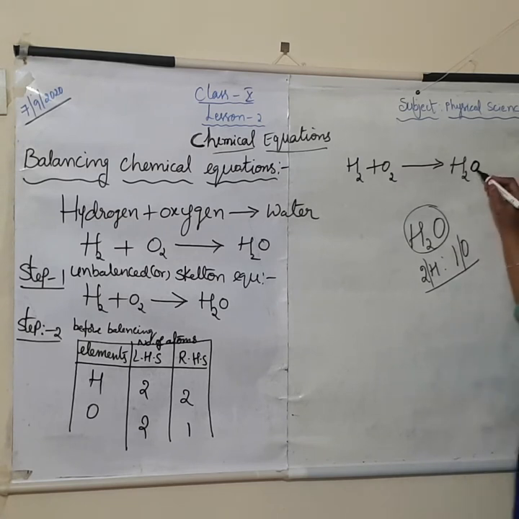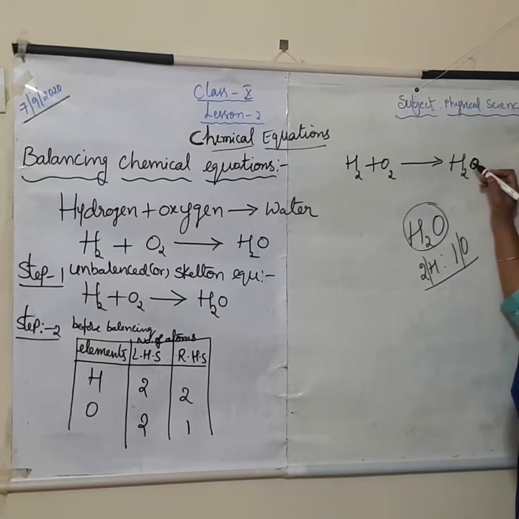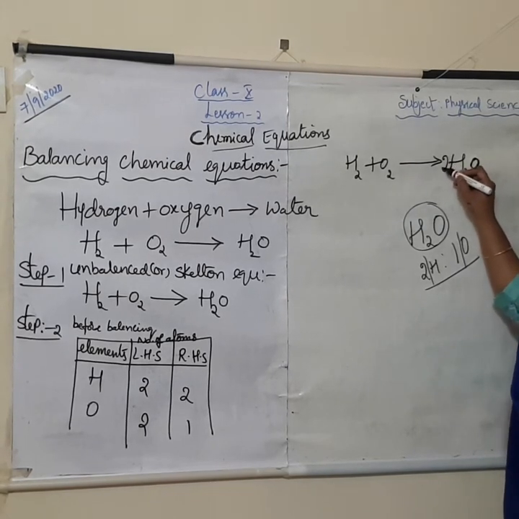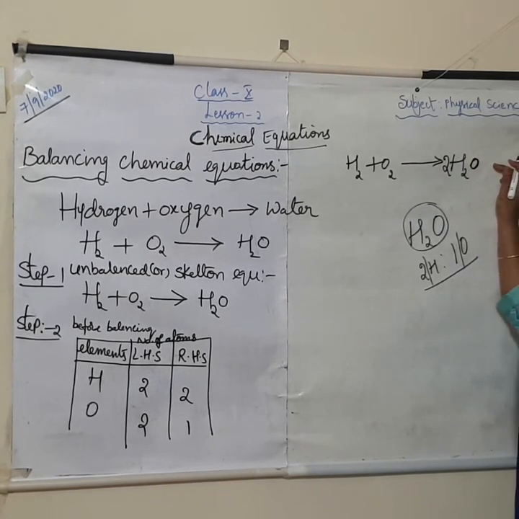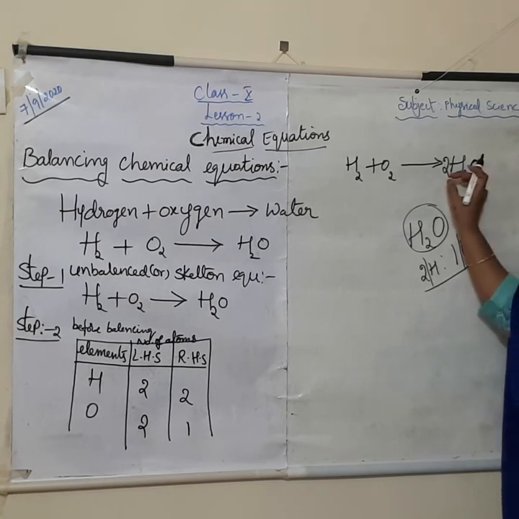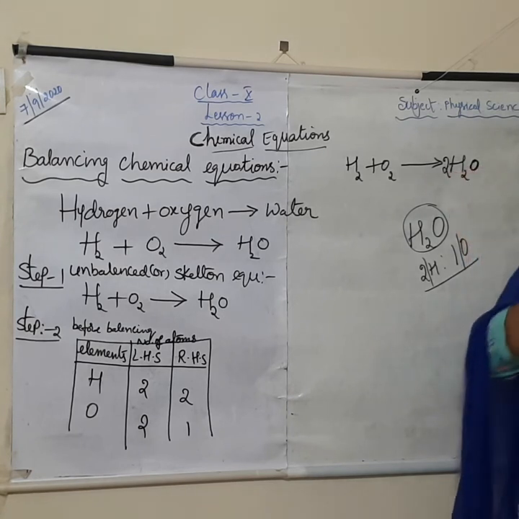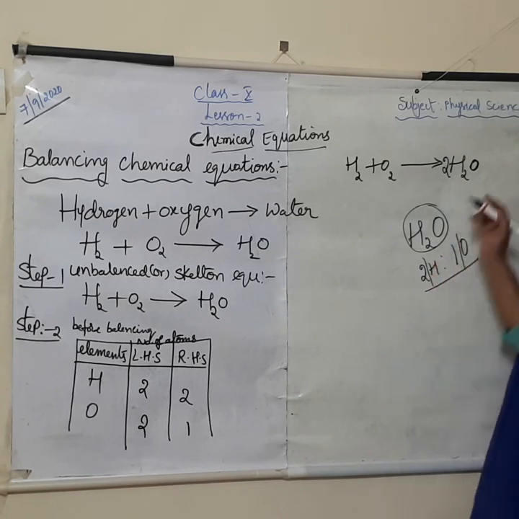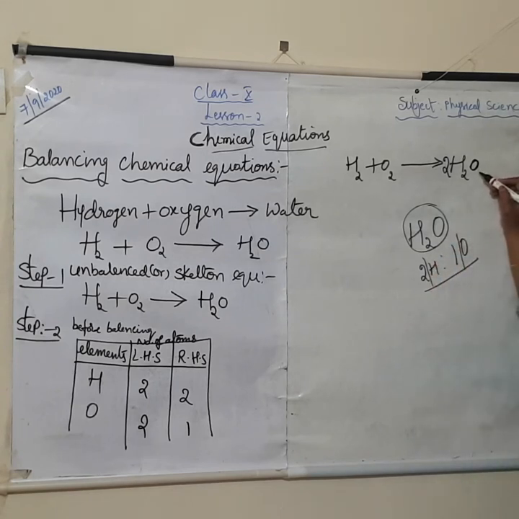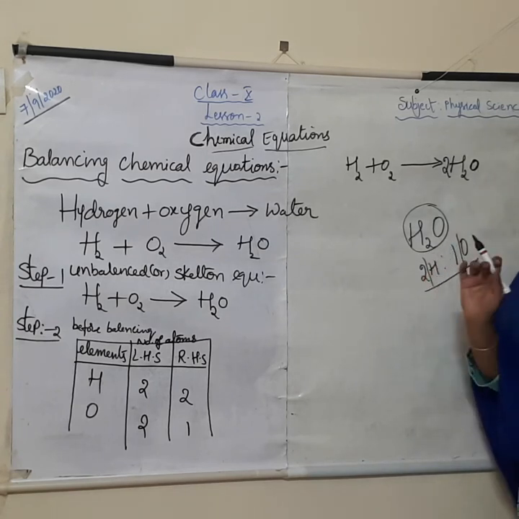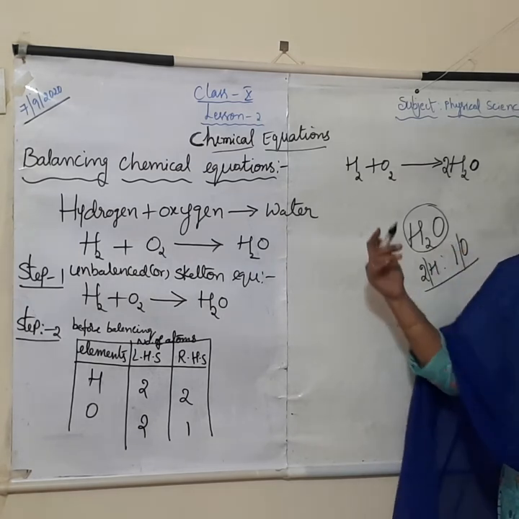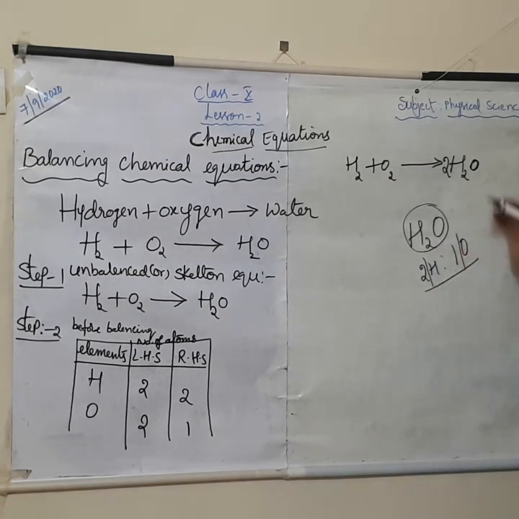Here oxygen is there, so you must multiply with the 2. So the number 2 you must write as the coefficient of this compound. Understood? So you must always write it as a coefficient. You should not write it near that particular element as a subscript. It is very important. The reason I just explained. Now coming to this.